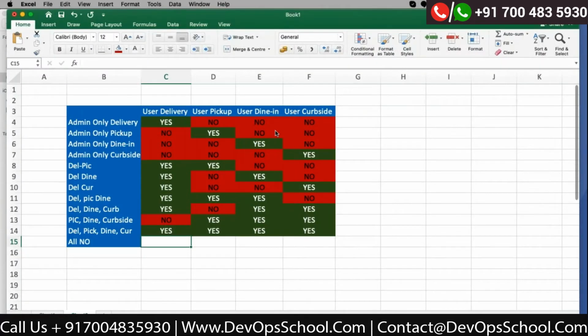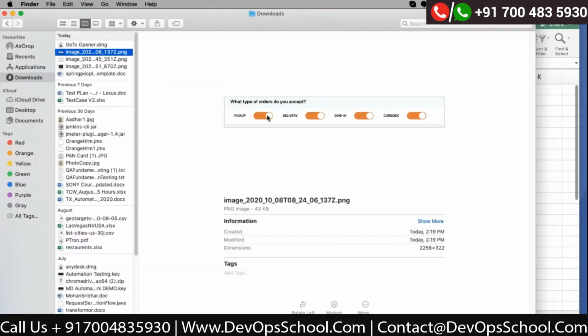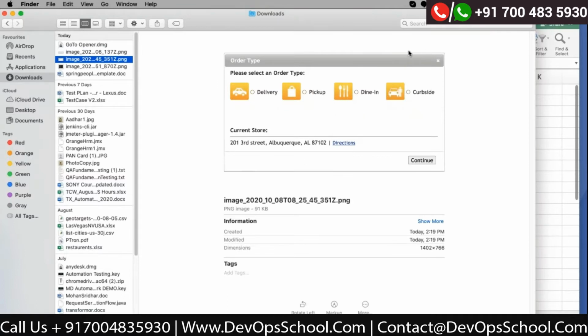If you take it from the end user point of view, I went to Paradise Biryani to order. I'm able to select everything, but there is nothing to show whether it's a pickup order or another order type. So there is no point to search. It's a waste of my time, right? I feel like now this website is useless, right? So from the end user point of view, at least one option should be shown here. Otherwise there is no point of selecting a menu, going to that restaurant.